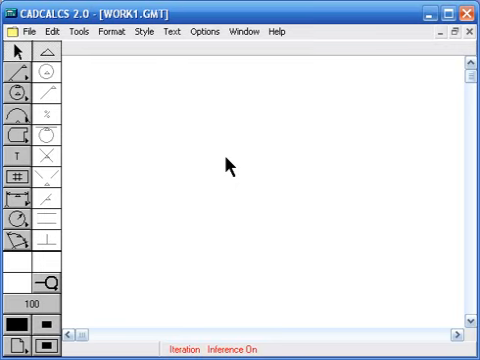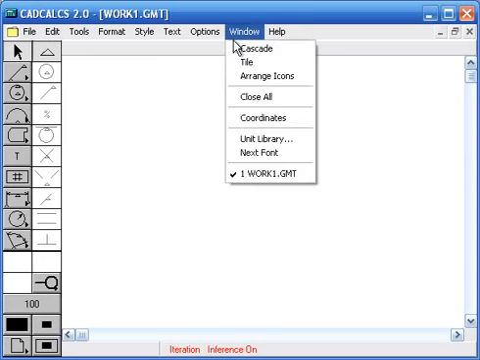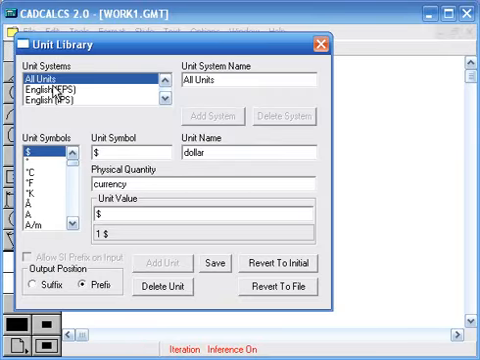In CAD, Calcs, and Graphic Calc, unit conversion and checking is automatic. You can work in metric units or inch units or any unit system of your choice. An initial library of units is included with the software. The all units